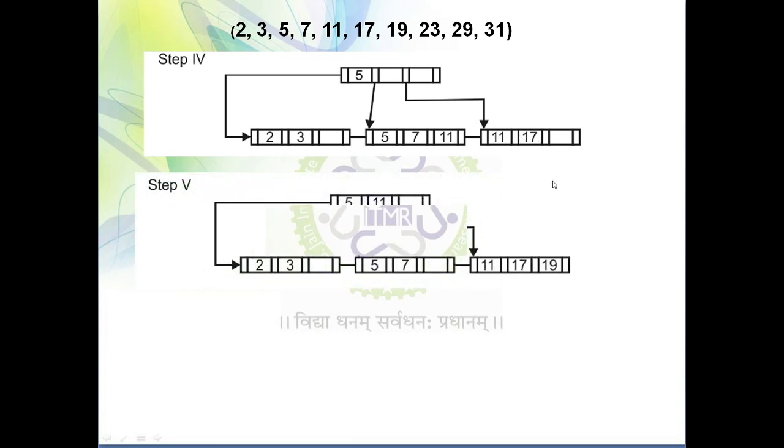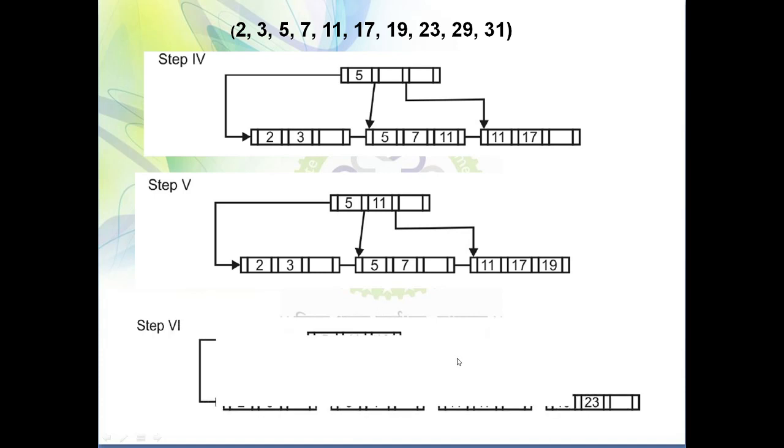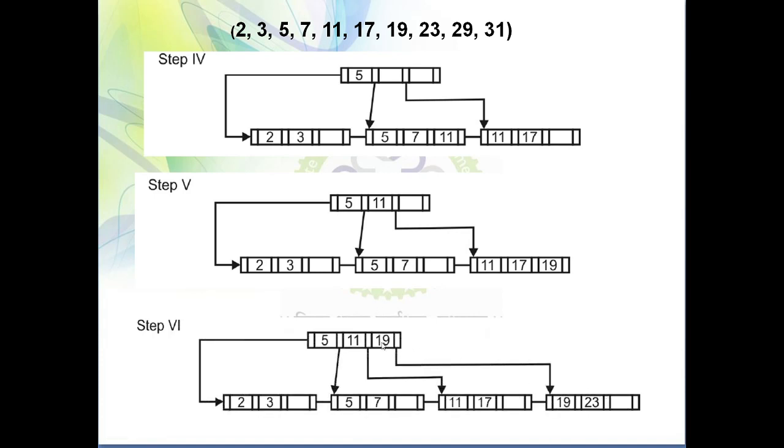Now next, I can put 19 over here because space is available. Now again this node is full, so which value am I going to shift over here? Obviously 19. The reason is very simple: the minimum is 2, so 19 is a third value. This third value is going to be shifted to the next level. So here we can see that 19 is shifted over here. So 2 and 3 are less than 5, 5 and 7 are greater than or equal to 5, 11 and 17 are greater than or equal to 11, and 19 and 23 are greater than or equal to 19. So this is how we put the values.